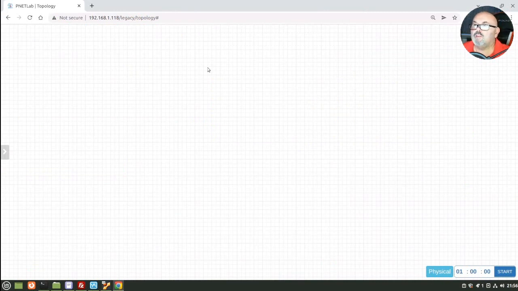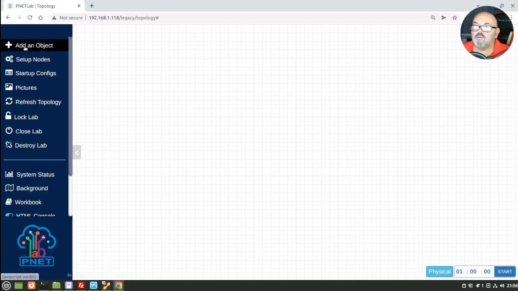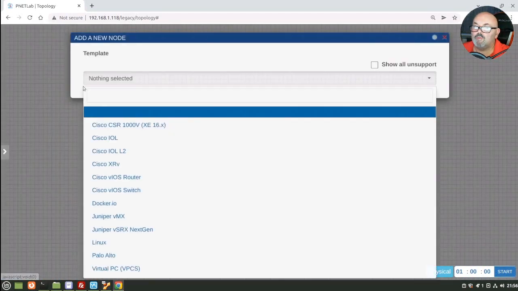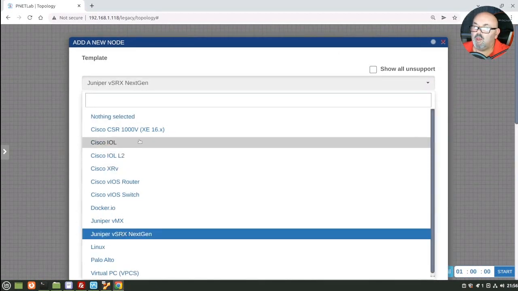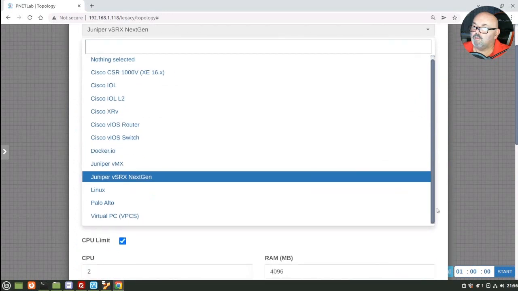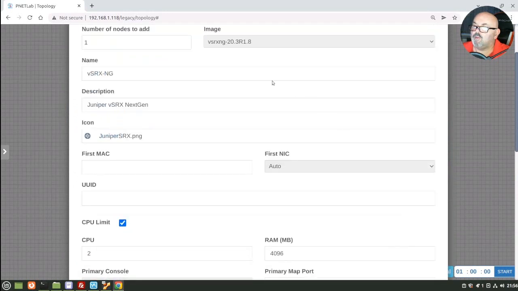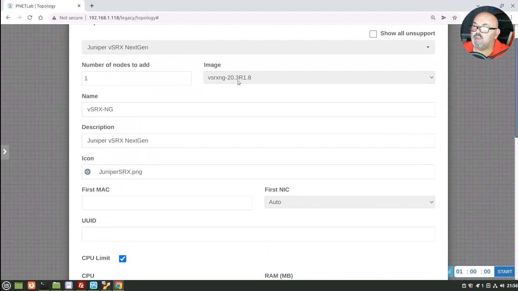Okay, so now I've logged into my EVE-NG or my unetlab, and let's have a look and see if we can find this file, so for this image. So let's have a look. We go to add an object and nodes, and we scroll down our list. We have our Juniper vSRX next gen, and let's click on that, and you notice we have our 20.3